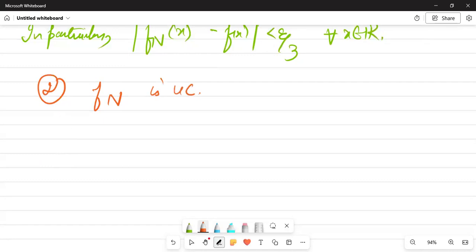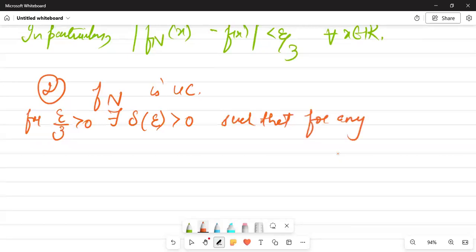So for epsilon by 3 greater than 0, there exists a delta which depends on epsilon by 3, or just epsilon, because epsilon by 3 is just a function of epsilon only. So we have this such that